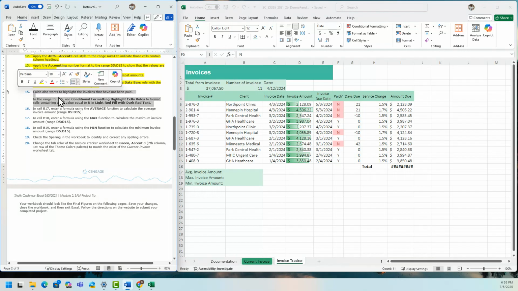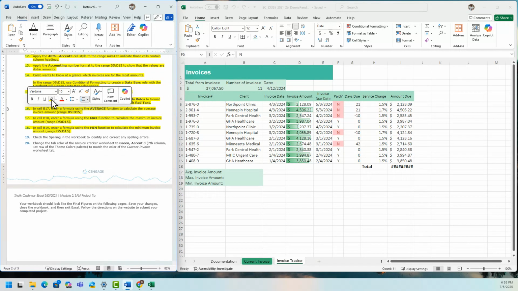It's 15. Okay, step 16, 17, 18 will use average, max, and min. Just going to highlight so I can tell which ones.